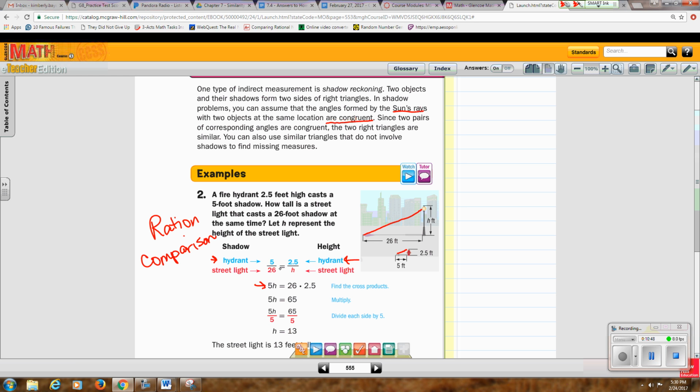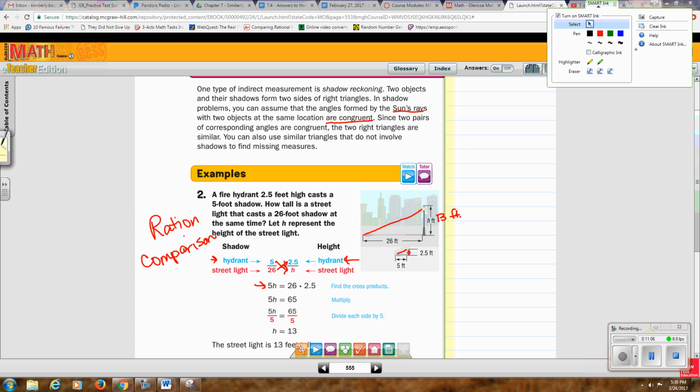It's called cross product. They do 5 times h, and they get 5h. And then they do 26 times 2.5 and get 65. And then we divide both sides by 5. The height of the street light is 13 feet. Okay? So using that, let's go ahead and